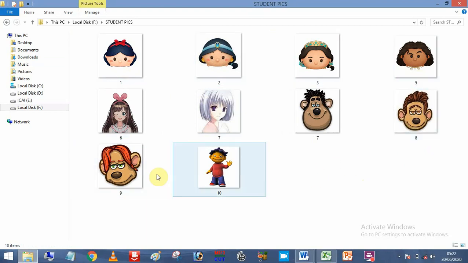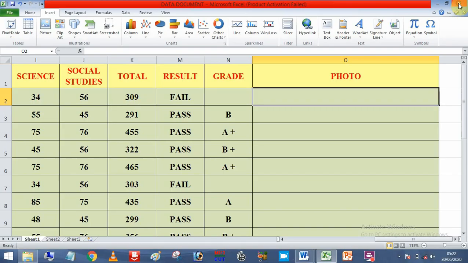You must create passport size, pixel size, especially I say 150 by 150 pixel size ratio, so that you can insert that passport size pic in the MS Word cell. So let me close this. I'm going to connect these pictures in this Excel cell. So let me connect that photograph.